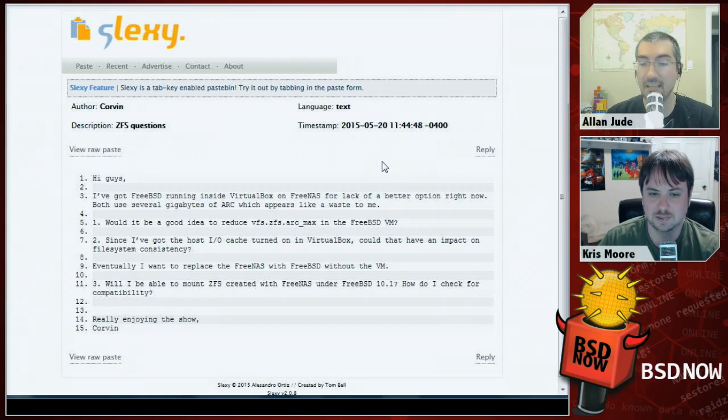As far as reducing the ARC size, you can probably do well by lowering the ARC max in the VM and raising it on the host, because VirtualBox is then accessing the files via the ARC that way. So that can help. You can also, in addition to or instead of just lowering the ARC max, set the property primary cache on the root of the zpool. So zfs set primary cache equals metadata or none,